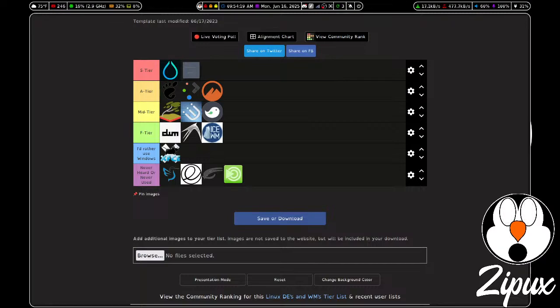I started off using Pop!_OS, and once I used Pop!_OS, then I went to Ubuntu. Then I was on Arch Linux with Qtile for a little while, and then I went to Debian with Awesome WM for a little while, and then I went back to Arch with Hyprland, and now I'm on CachyOS. So you might want to take a look into CachyOS if you end up having problems with Arch,